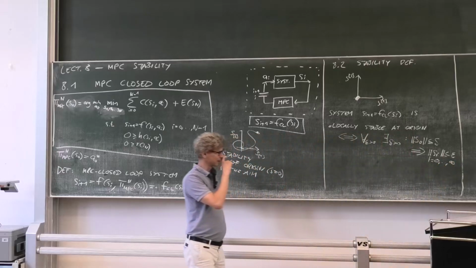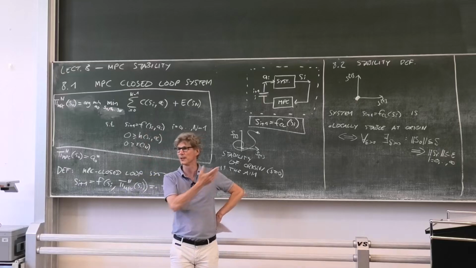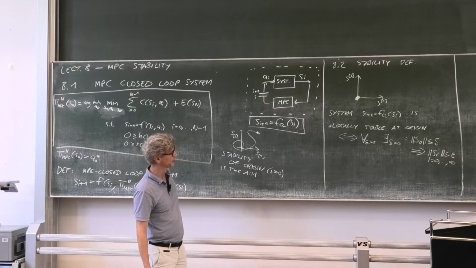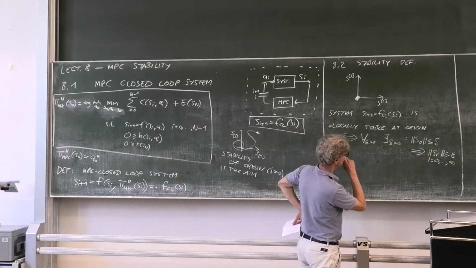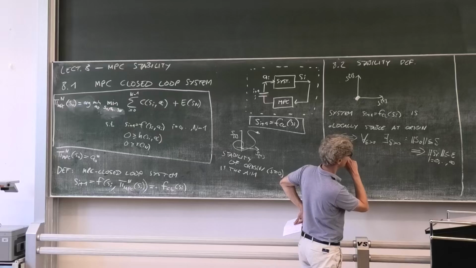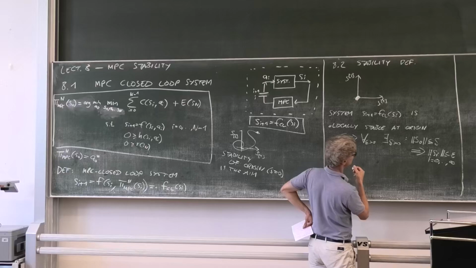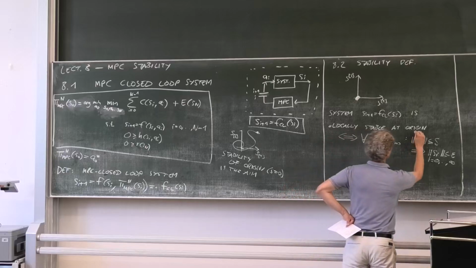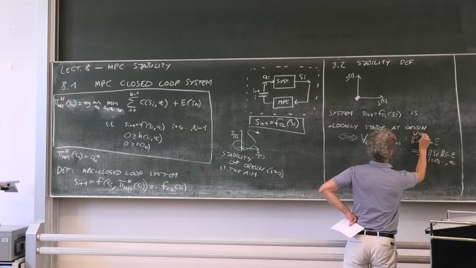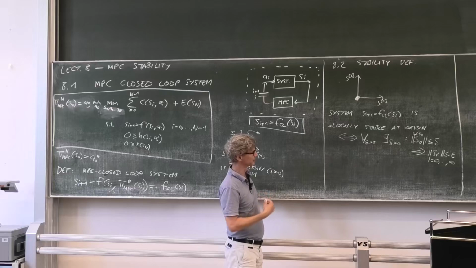So you see already that the delta can be smaller, right, but not bigger. So for all S0 smaller than delta, the whole trajectory remains